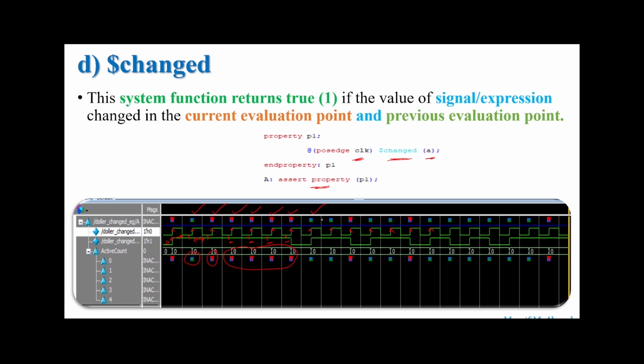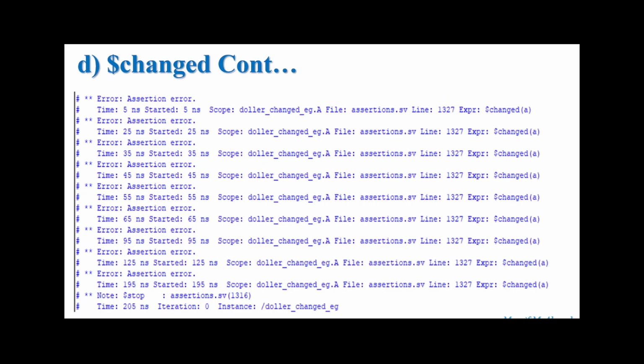If you analyze over here at this passage of the clock, the value of A is 0 at the current evaluation point and it is 1 at the previous evaluation point. As it is changing from 1 to 0, you will find the assertion is passing over here. At this next passage of the clock, you will find the value of variable A is 1, so it is changing from 0 to 1, hence the assertion is passing over here. Okay, so this is what the $change system function does. If the values change between the current evaluation point and the previous evaluation point, you'll find the assertion will pass here in the wave. And these are the sample